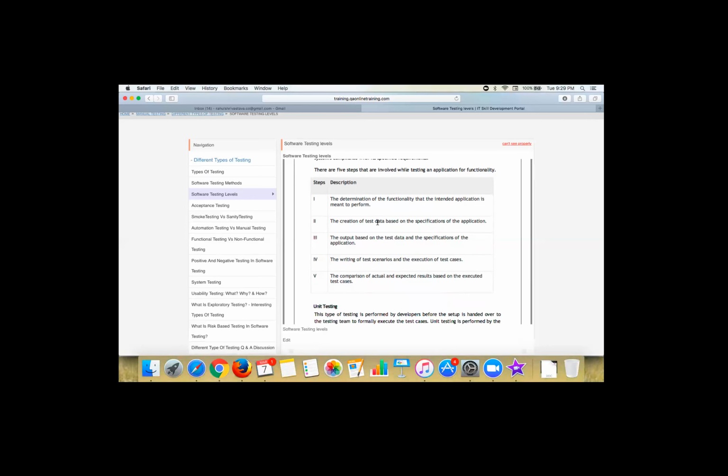Then we're going to select some test data. For example, I selected Rahul at infotechsolutions.com, and a password I have selected. Then based on the valid user ID and valid password, how should the system respond, what output should it give? That is called my expected output. I expect that with a valid user ID and valid password, I am going to reach